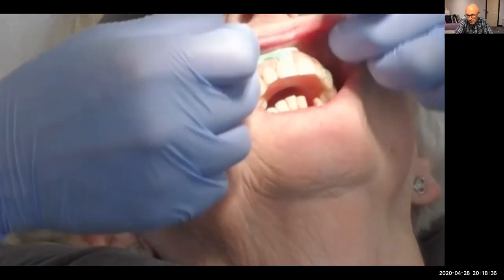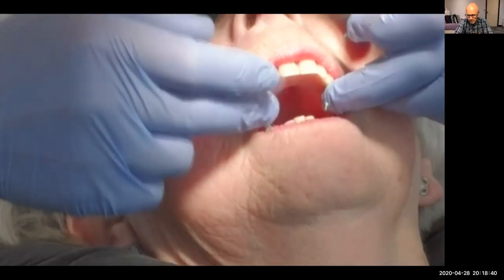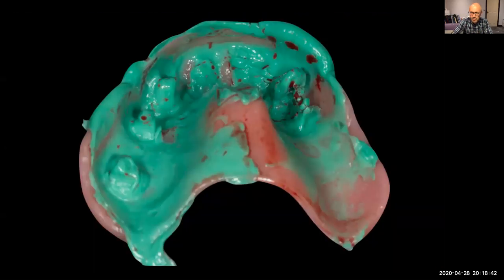So I push the denture in place. This is a full upper, push it in place, take it out, and I look for specific areas where it's rubbed off. I'm not concerned about it pushing through on the palates here. That's absolutely fine. But if it rubs off on these buccal areas, these labial surfaces, then what I do is